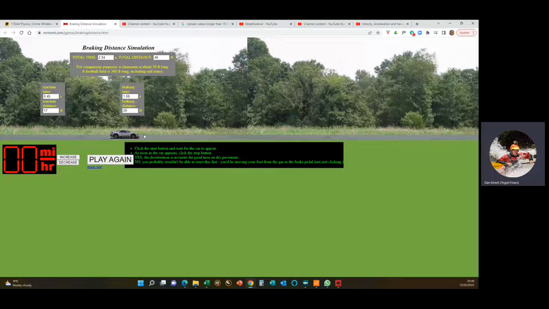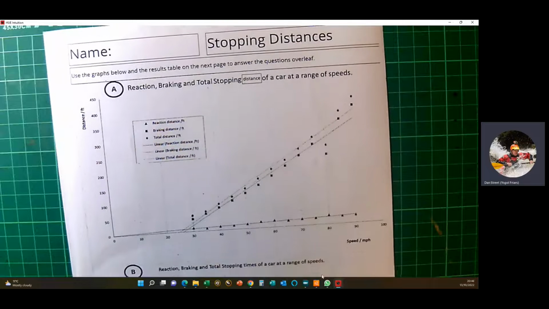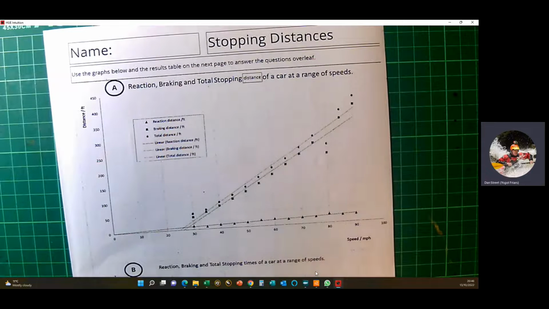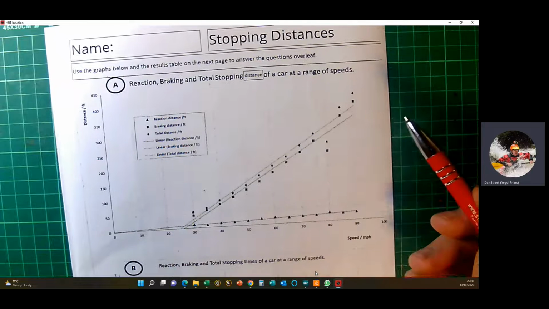And you repeated that for a range of different speeds in order to create a data table from which then we can plot a graph using Excel. Okay, and based on all that, we produced this worksheet. So we've got here,